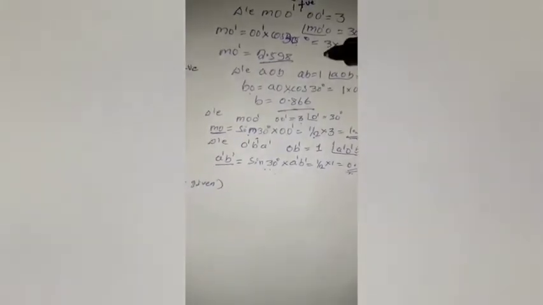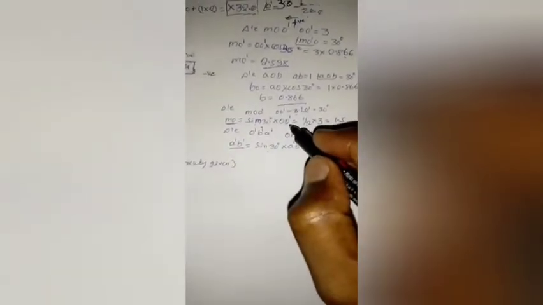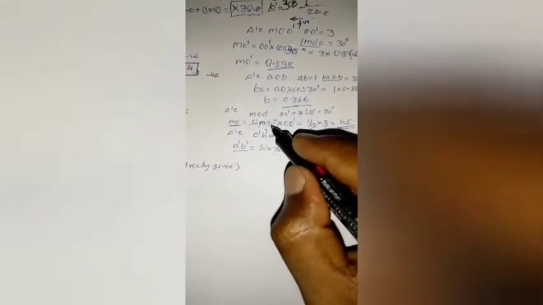O'M' is equal to sin 30 multiplied by O'm'. Sin 30 is half, and O'-this is O'-is the true length of the chamfer, which is 3 mm. So half multiplied by 3 is equal to 1.5. Here O'M' is the hypotenuse, sine 30 is the trigonometrical function, and MN' is the opposite side. So I have got 1.5.